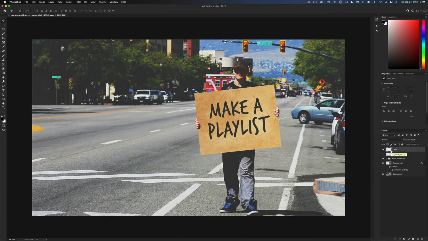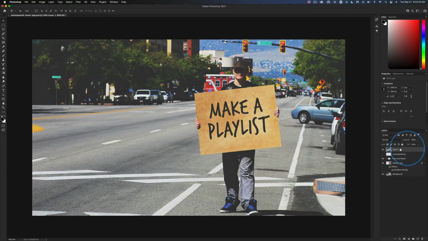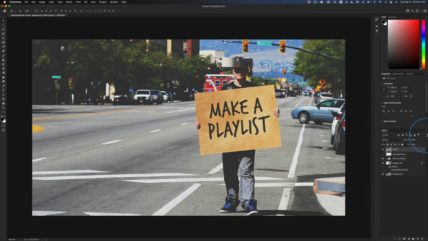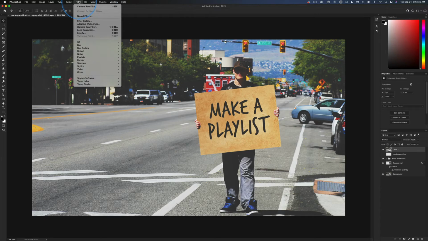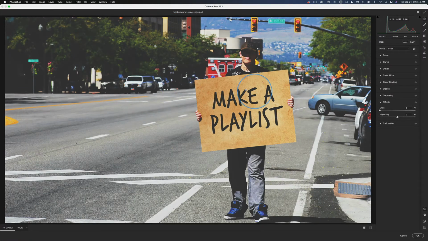Then an everything layer, merge everything that's visible. Shift, Option, Command, E. And I haven't shown you how to make that custom shortcut to create a smart object. So we're just going to right click out here and come up to Convert to Smart Object. Now it's a smart object and we can go, and I haven't taught you this shortcut either. We can go to Camera Raw Filter, under Filter, Camera Raw,